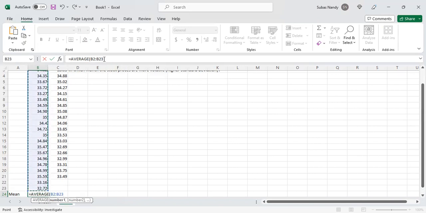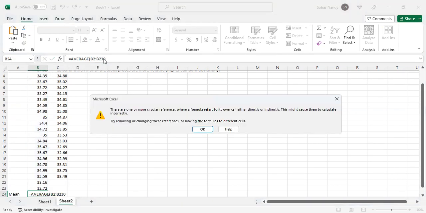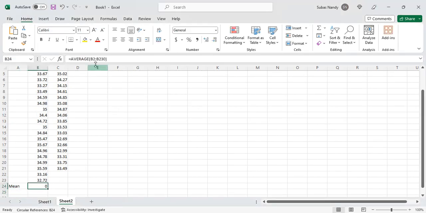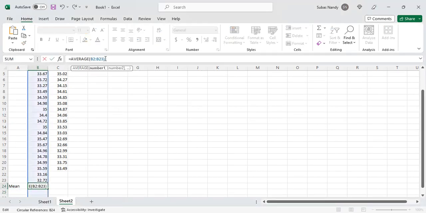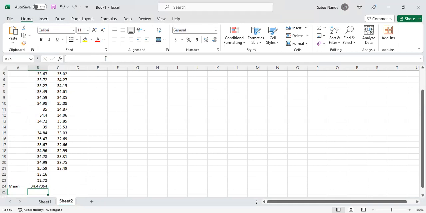Then B2 through B23 and hit enter. Okay. Should be average B2 through B23 and hit enter. So the average price for